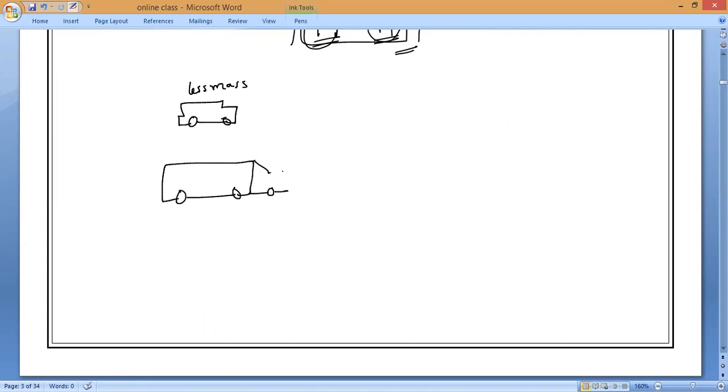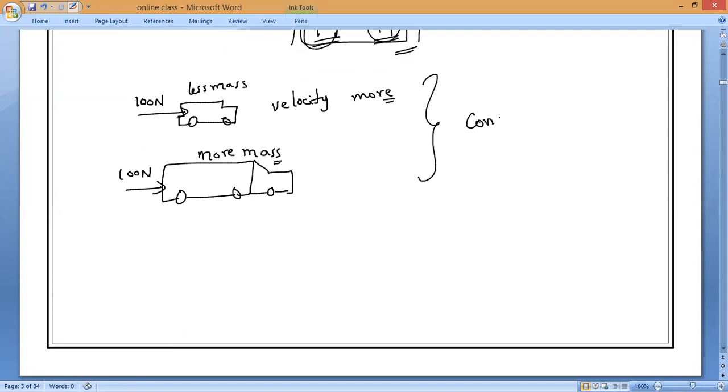Understand, everyone? Now, I am applying the same amount of force. Let me imagine 100 Newton of force here, and here also 100 Newton of force. Now, tell me, in which one is the velocity more? In the car, velocity is more. Why is the car's velocity more? So when you are applying a constant or the same force, keep in mind,